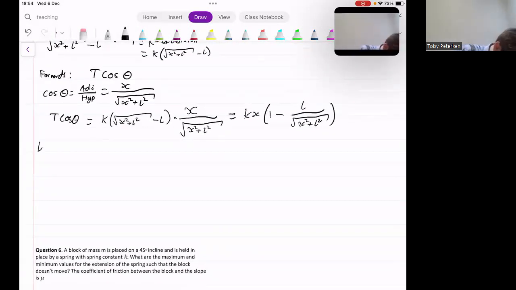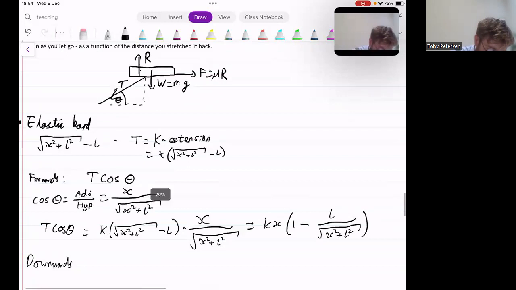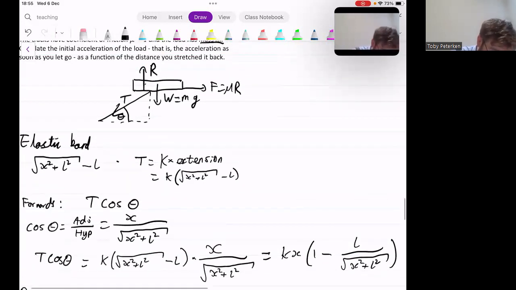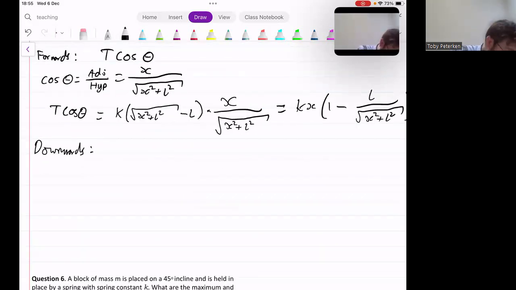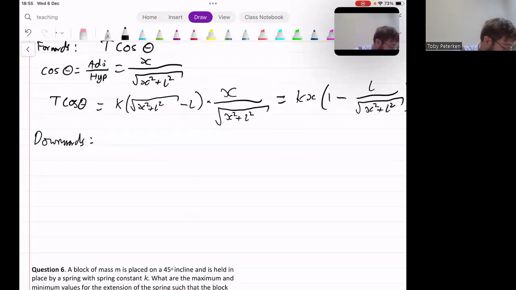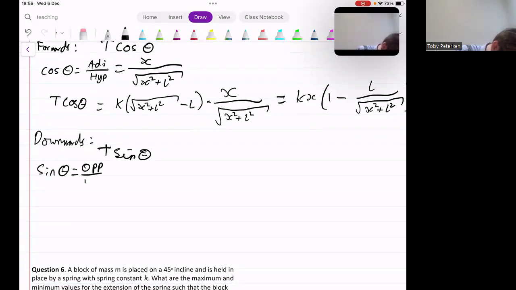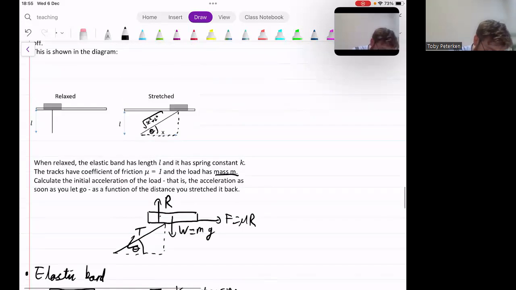Okay, now let's look at the downwards force. Now the downwards force is going to be needed to work out the reaction force, which we need to work out the friction. So let's look at the downwards component of the tension rather. And we have, this is equal to T sine theta. And again, we can do a similar trick for sine theta. This is equal to opposite over the hypotenuse. We scroll back up to the diagram. The opposite,